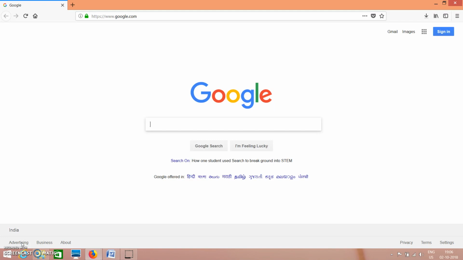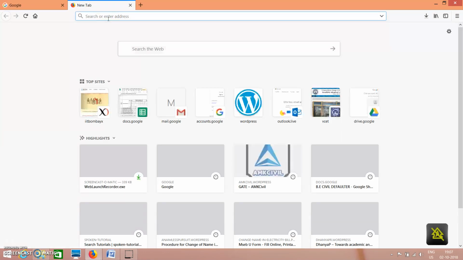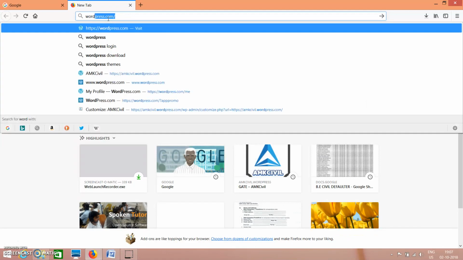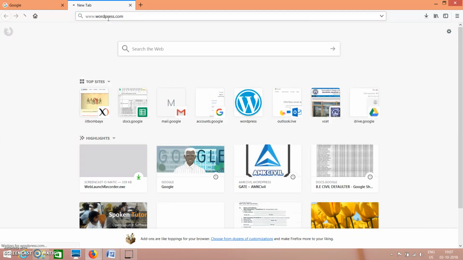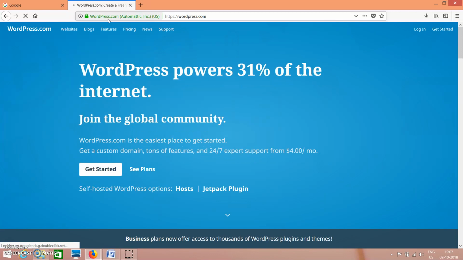Today I'll be showing you how you can make your own website using WordPress. So let's get started. Firstly, I'll go to this new tab option and I'll type the name of the site, that is wordpress.com. Once you are redirected to this page, on the right hand side, you can see there are two options: